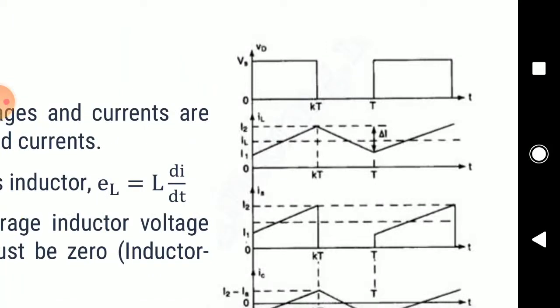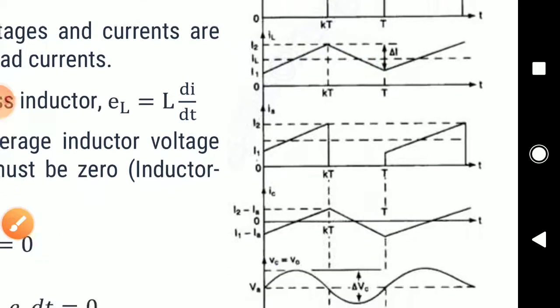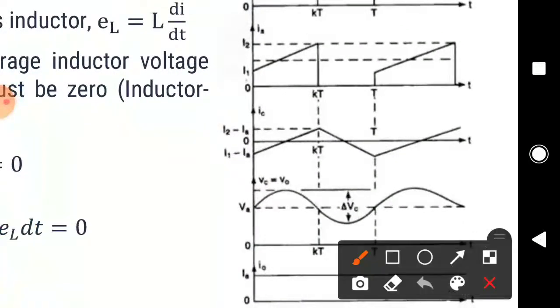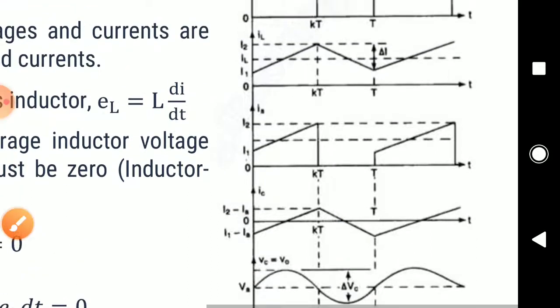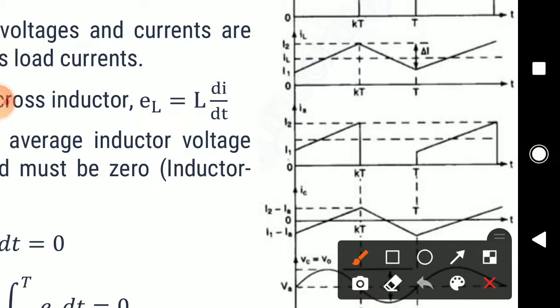You can see over here the inductor current, it is increasing during the on time and reducing during the off time. But you can see your supply current as well as your switch current during the on time is the same as your inductor current. You can see it is increasing, and after the on time, your supply current or switch current suddenly goes to 0, whereas your inductor current is still reducing. And then you have the capacitor current. The capacitor current, you can see over here, is increasing, decreasing, increasing and decreasing. We are just looking at the slope.